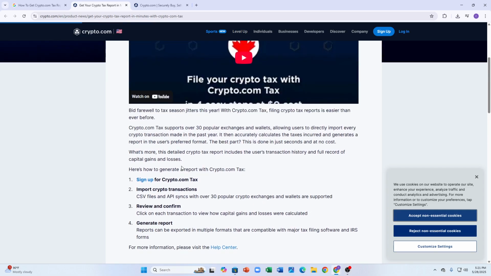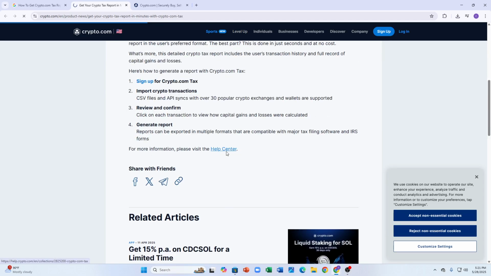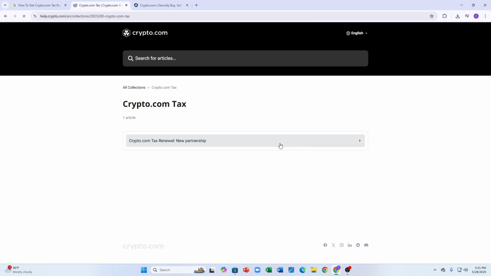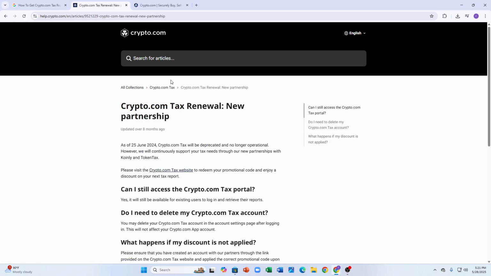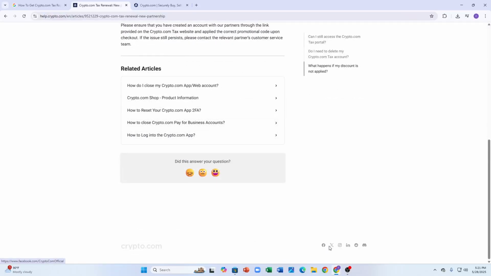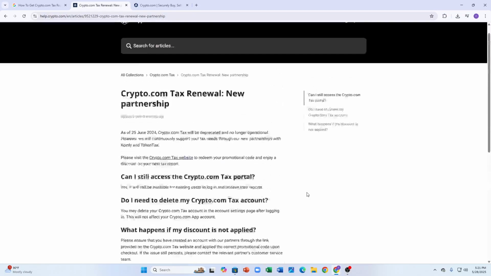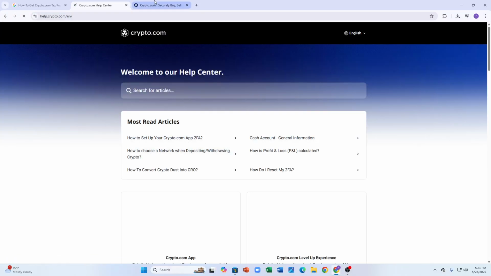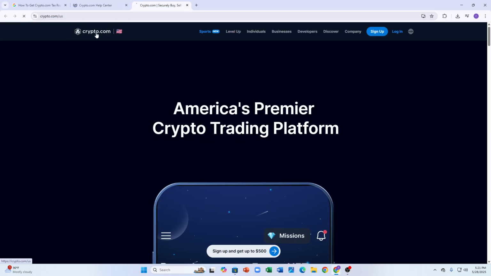You can also visit their help center if you face any trouble generating the report on crypto.com tax. You can just get on their help section and connect with them via Facebook, Twitter, Instagram, LinkedIn, Reddit, Discord, or you can just contact them if they provide any